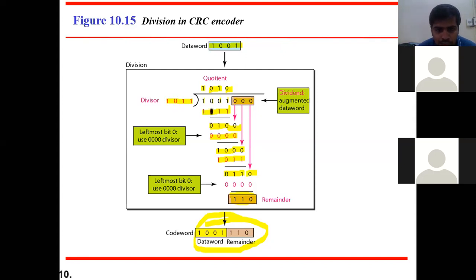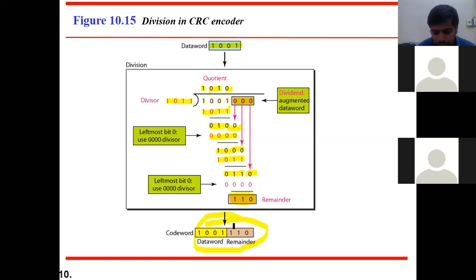Then perform modulo 2 arithmetic, then check the first bit whether it is 1 or 0. If it is 1, take 101 into 1, then all the bits of our divisor, the same thing will be copy pasted here. Then modulo 2 arithmetic, always the leftmost bit should be neglected, then 000, the same thing you perform. And finally, when you come across a number less than the divisor, then stop the division operation and add that remainder part to your data word, then it will become a code word. This is what you are supposed to do at the sender side.